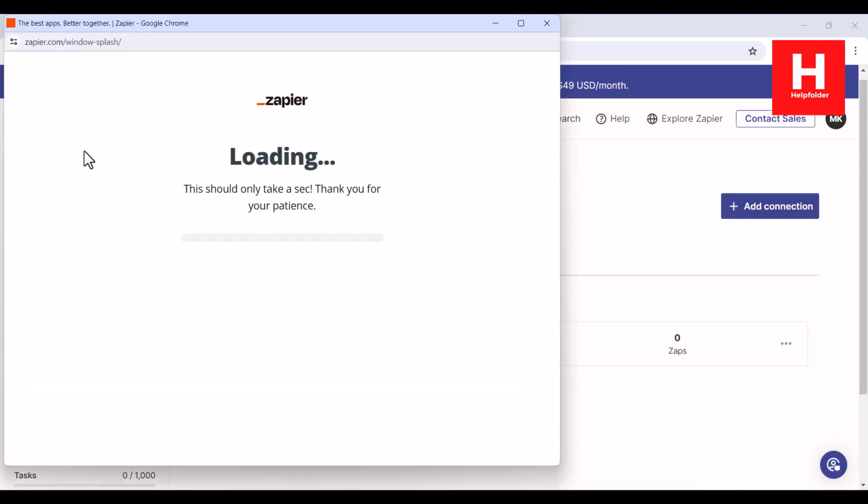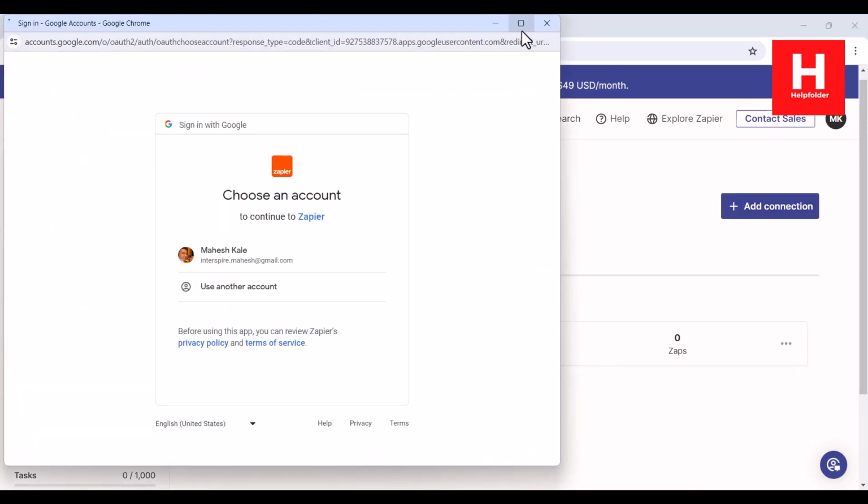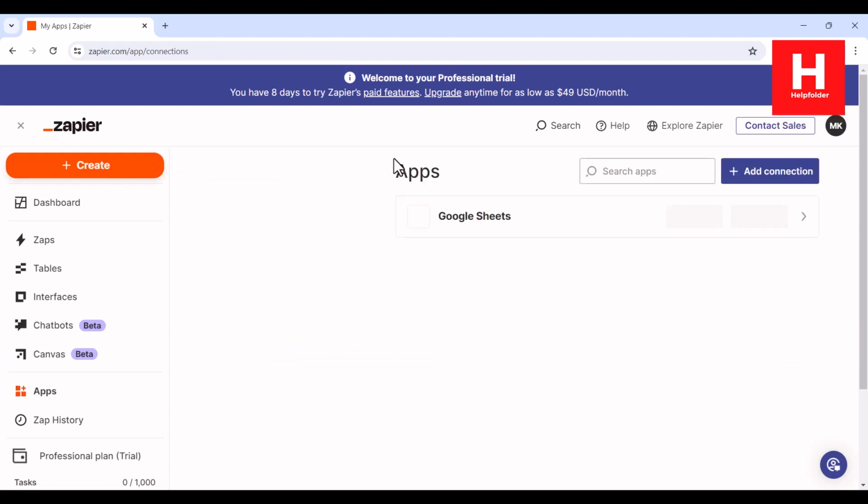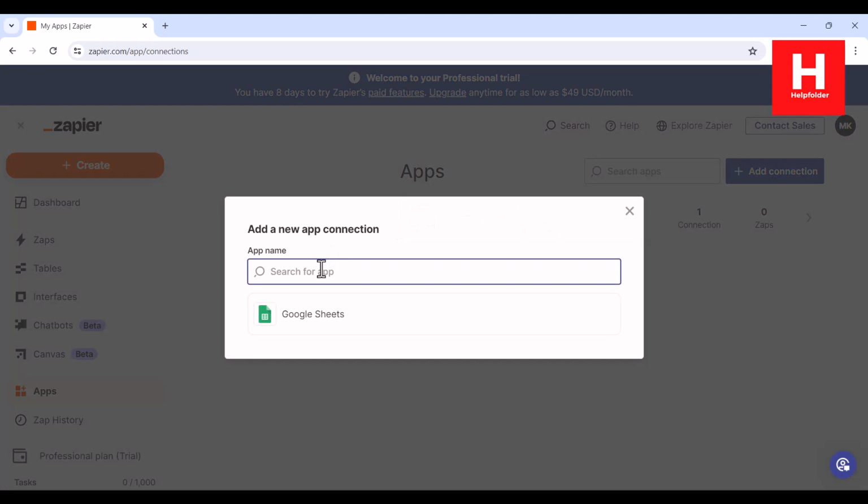Can similarly add, right? So here I already have one connection. I will just add another app. So we have one app. Now let me add Google Mail. No matching connections, right? So what we can do is we can add connection to Gmail,